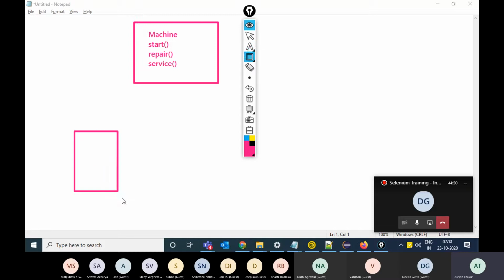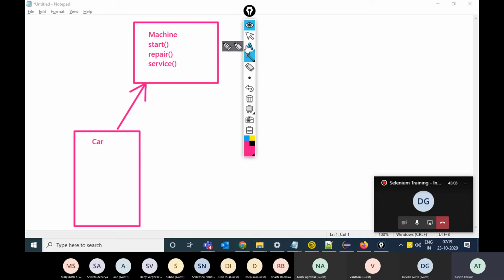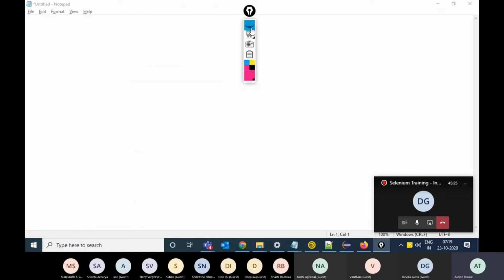So I had my class car and it implemented this machine interface. So it had to implement all the functions inside the interface: start, repair in its own way, and service. Now, why am I doing this? What am I achieving out of this? What is the logical explanation for this? I will tell you in some time.